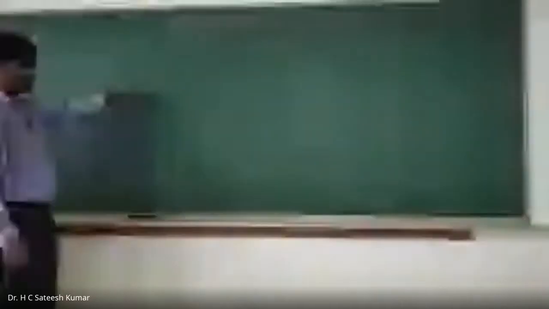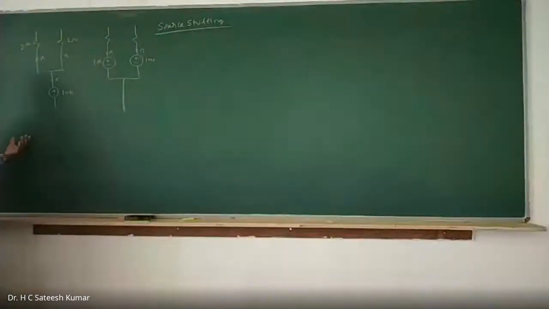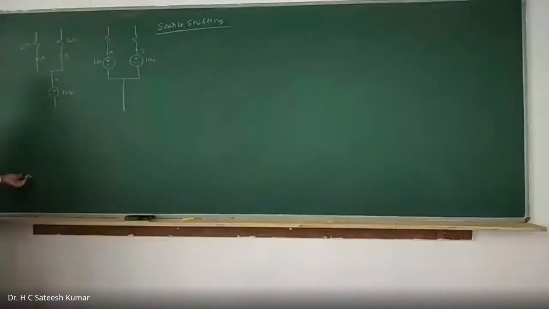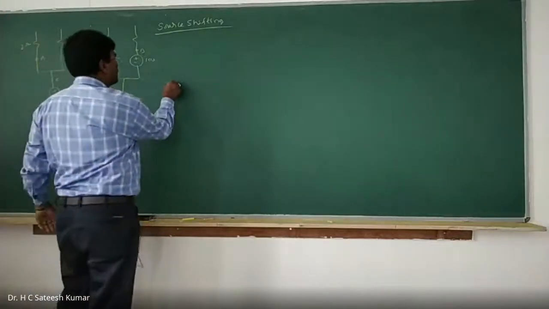So therefore, whenever there is no voltage source, then simplification will become complicated. Hence, we are going to use source shifting so that we can make the voltage source in series with the resistance. Once there is a voltage source in series with the resistance, if it is a parallel combination, then we can convert it into current source and we can simplify it. So that's the technique I have, right? So further, this can be extended to any number.